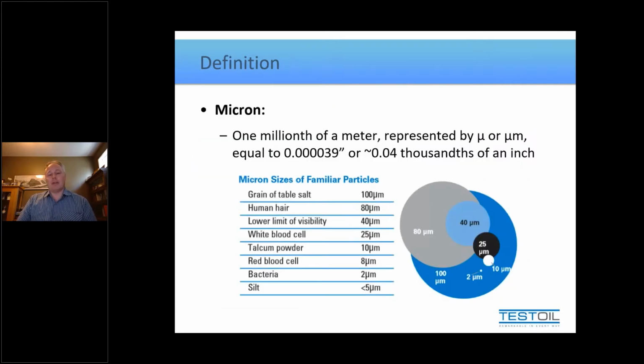You need to be clear what a micron is. It's a micrometer, or a millionth of a meter. To put it into a different perspective, it's about 0.04 thou of an inch. It's a very, very small measurement, and to help you see it in a relative fashion, think of it this way. The thickness of a human hair is about 80 microns. Take that in half to 40 microns, and that's considered approximately the lower limit of human eye detection.